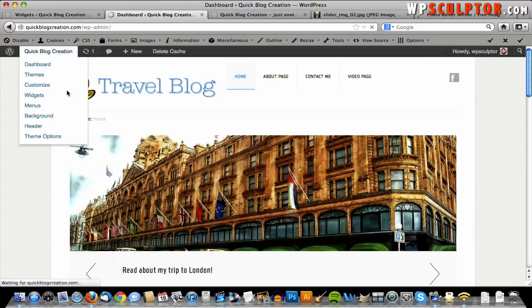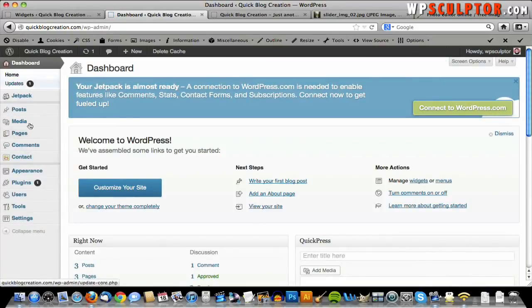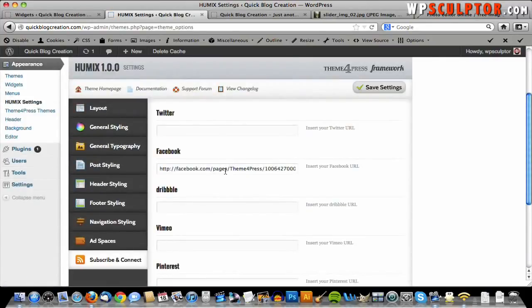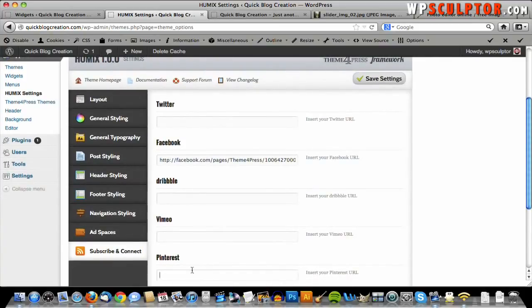And if we go back to Appearance, Humix settings, subscribe and connect, we can change this to whatever the URL of your Facebook page is, and you would do the same with Twitter and Vimeo if you have a Vimeo page, and Pinterest if you had a Pinterest page. You would just copy and paste your URL, and then you would have an icon that showed up for that social media platform. And we're just going to add back